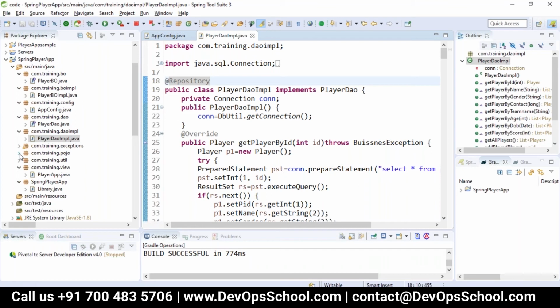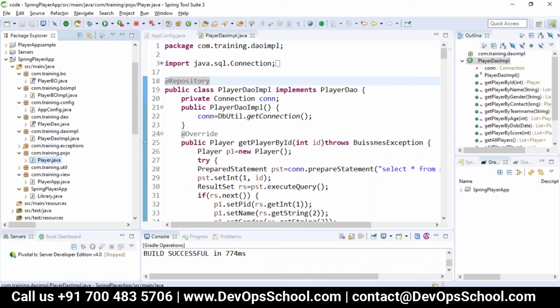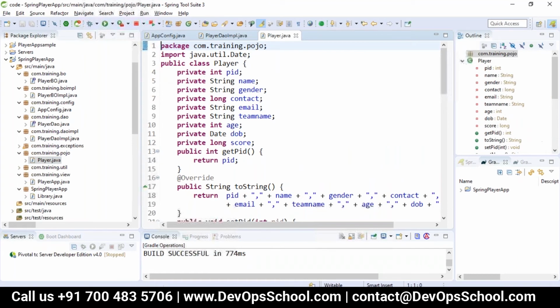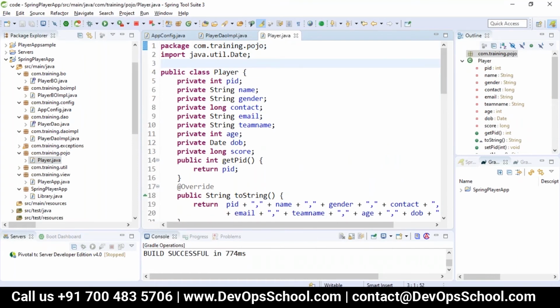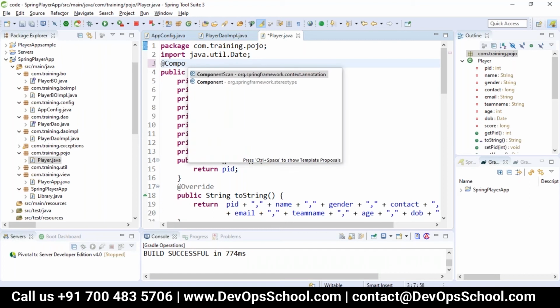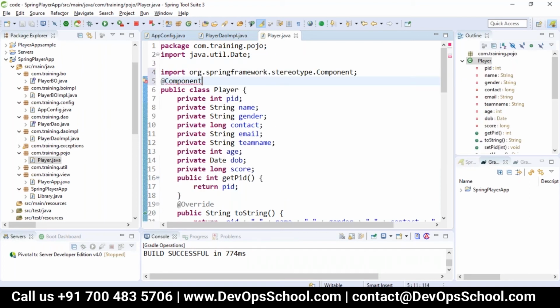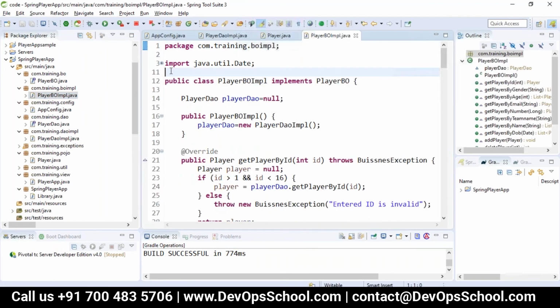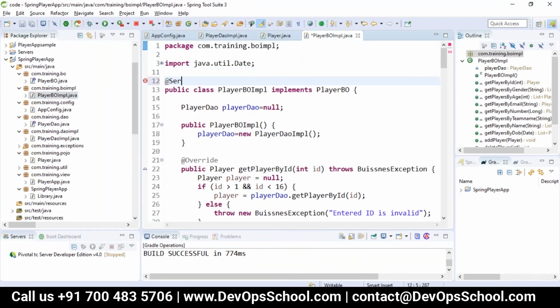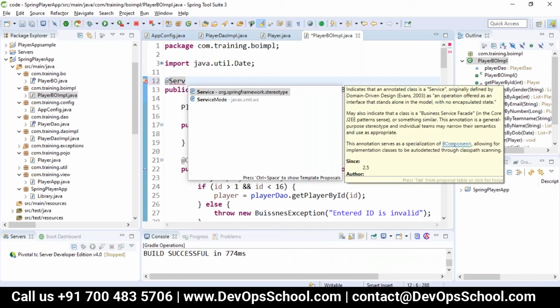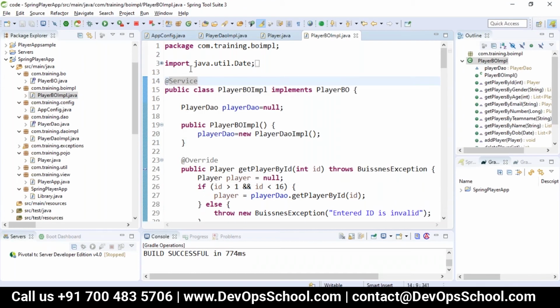Then we have the POJO, which is a simple component. As we are not using any entity layer, I'll make this a Component. And in the PlayerBO implementation, it is doing the job of business logic, so we will make this a service layer.